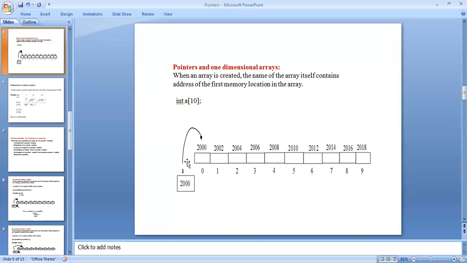Here I'm not assigning any value to a. All the indices will hold garbage values. Then I'm taking 2000. 2000 is the memory location of the array, that is, the memory location of a[0] is 2000. When I'm declaring a[10] with values, names within double or single quotations, or integers, they will be stored one by one in the variable. Suppose it is stored in a, the memory address is 2000.